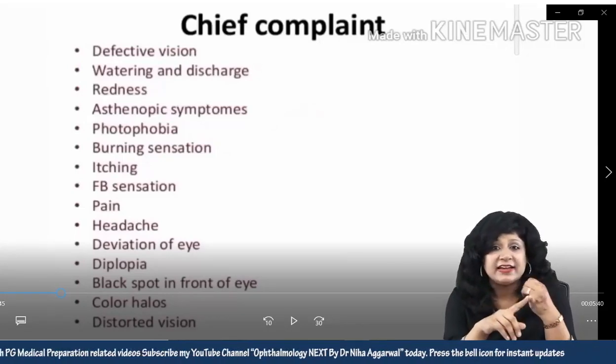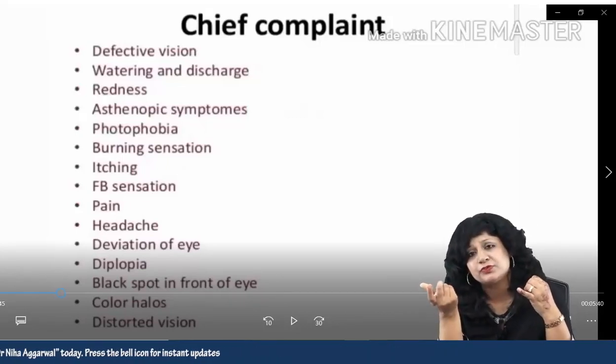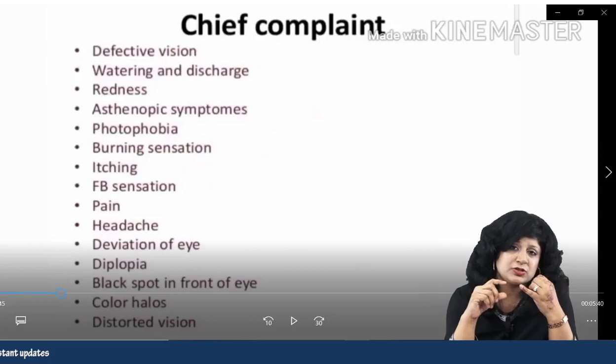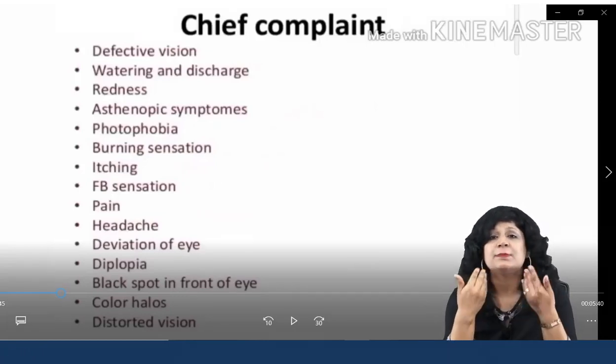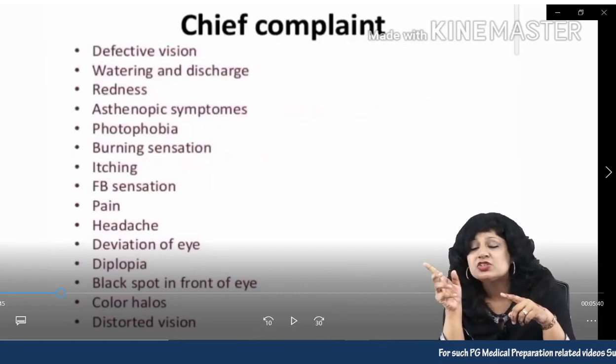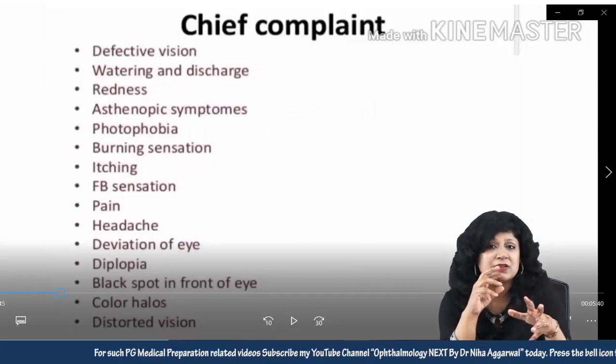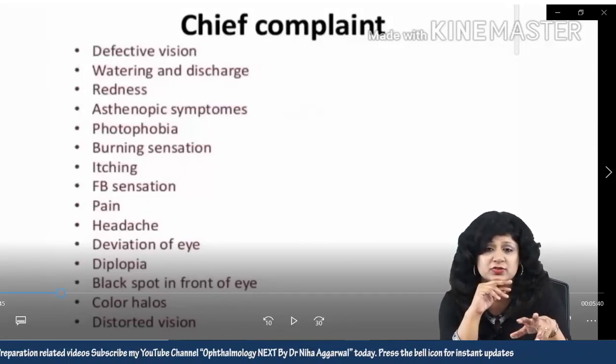If there is a headache and if the patient notices some deviation of the eye. Now at times the patient may say that I have not seen, because obviously the patient may not have noticed, but others do tell that the eye has become crooked and the eye is deviated. So you have to ask, you have to sometimes give the leading questions also.